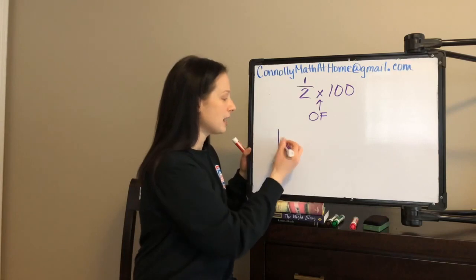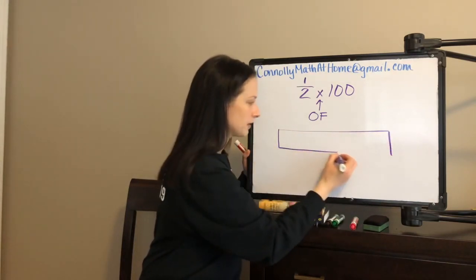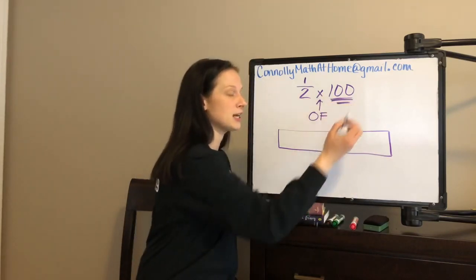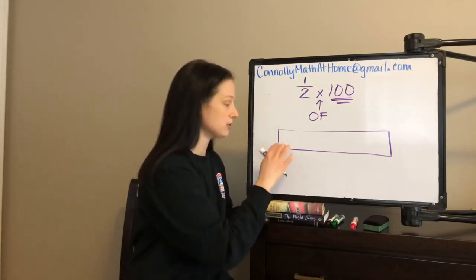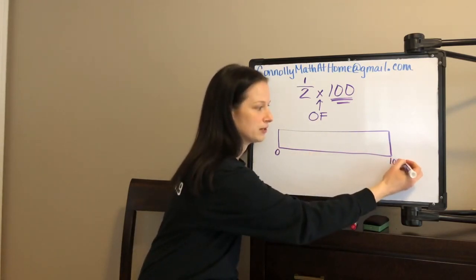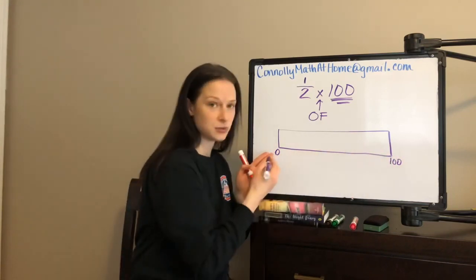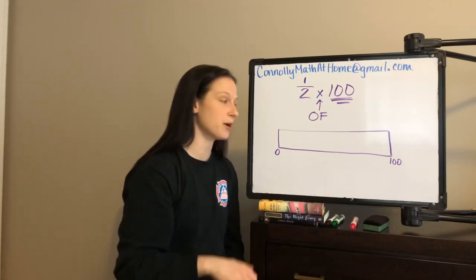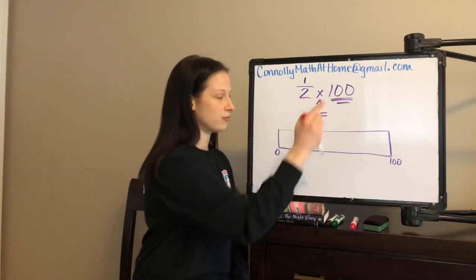Like I said, I am going to use what we call a fraction bar. This purple marker right now is representing the entire bike race, 100 full miles. So from here to here, this is 0, this is 100. That is 100 full miles, and we learned this in class with the fraction bar, and you're going to remember it in just a second. I'll use a red marker today to show the fractional parts here. So, 1/2 of 100,